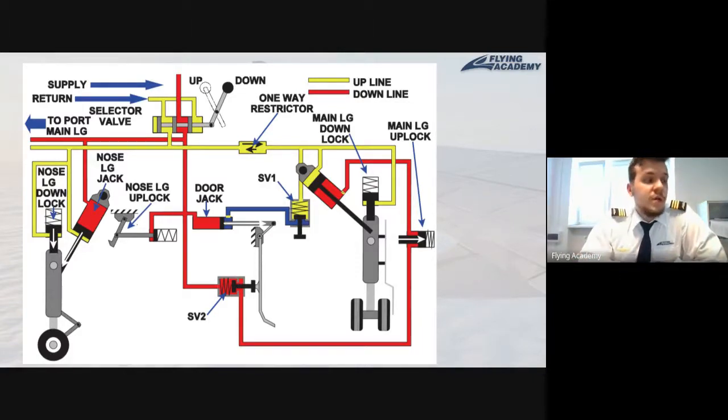And for a light airplane, in most cases, that will be the most popular solution. So we will have some electrical motor rotating a hydraulic pump, which will push the landing gears into the up position when necessary, and into the down position when necessary again. So technically, we will use this pump only when retracting and extending the landing gears. For a light airplane, it will be a perfect combination.